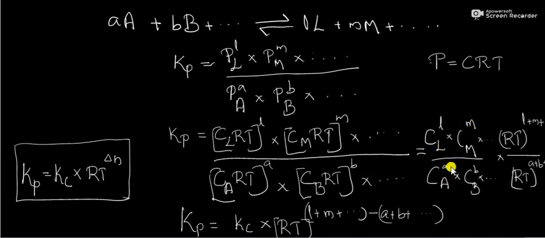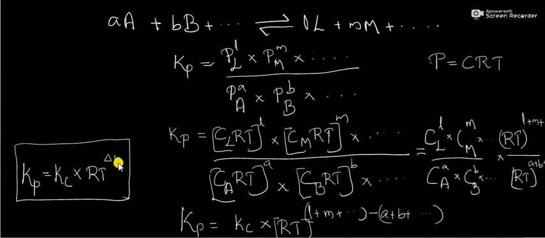Here we can say that CL to the power l into CM to the power m divided by CA to the power a into CB to the power b is equal to Kc. So we can write Kp equal to Kc into (RT) raised to (l plus m plus etc.) minus (a plus b plus etc.). Or we can write it more simply as Kp is equal to Kc into (RT) raised to delta n, where